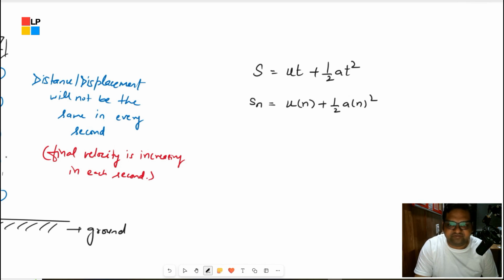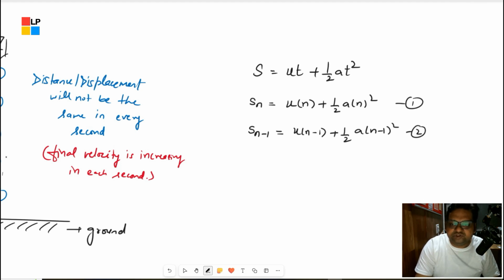Here you can assume 5, and similarly the distance covered in n minus 1 seconds, that means 4 seconds, for example. Here we will replace n by n minus 1, so it is half a into n minus 1 whole square. We know that the distance covered in n seconds would be larger, so the first equation would have the larger value, and we will subtract equation 2 from equation 1. So this equation will come out to be like this,